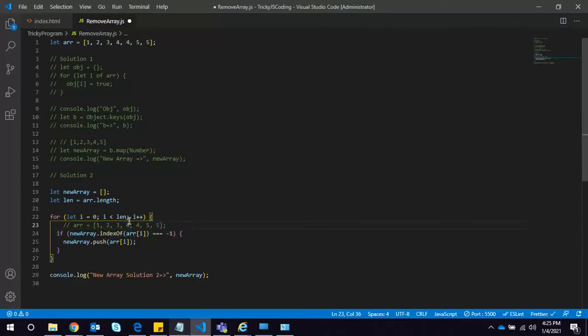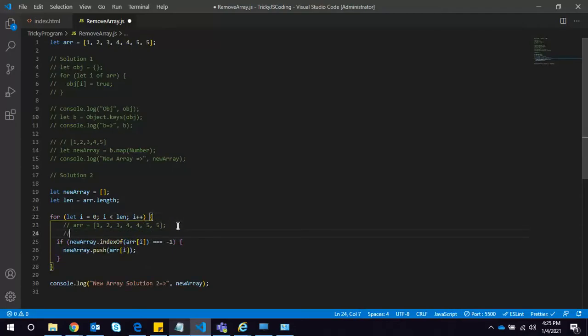Now the new array already has the values 1, 2, 3, 4. When it compares the other 4 value, it will return the index, because we already have the value 4, so it won't return -1. indexOf returns -1 when we don't have the value in the array.